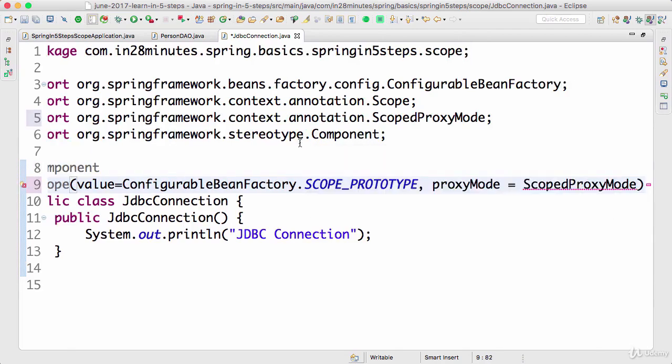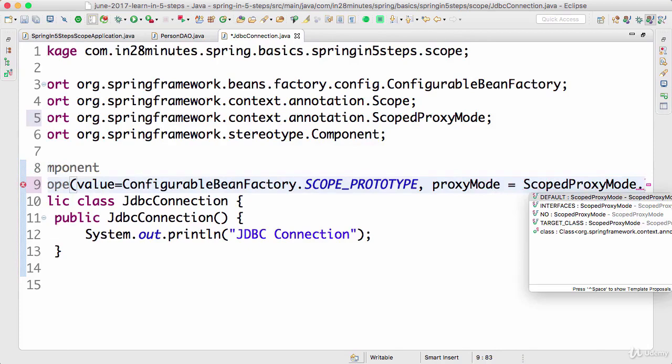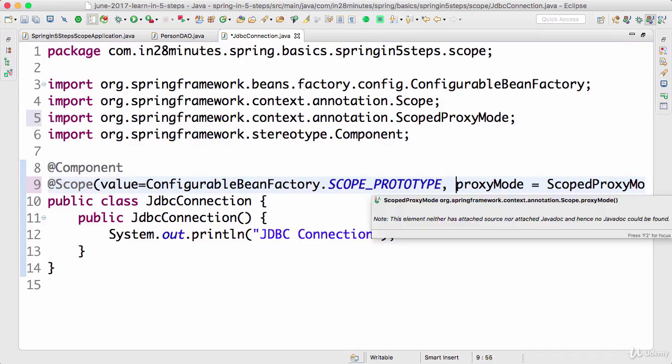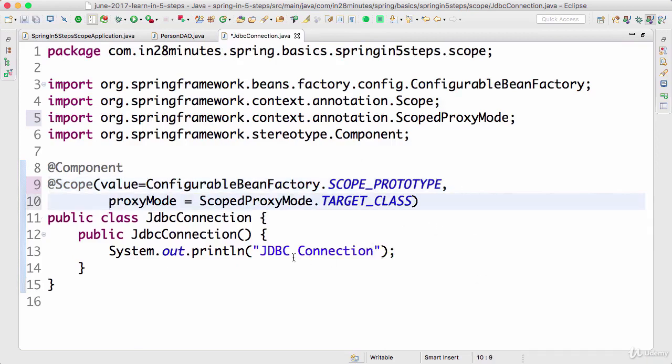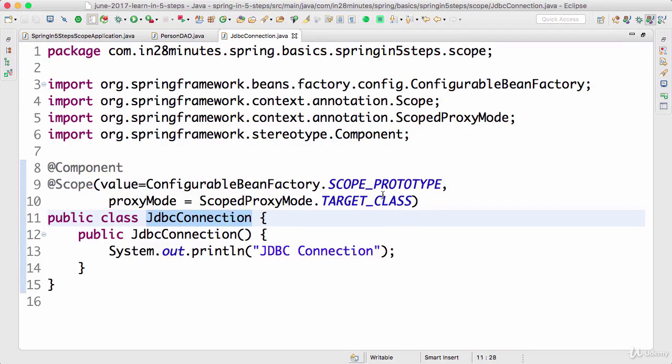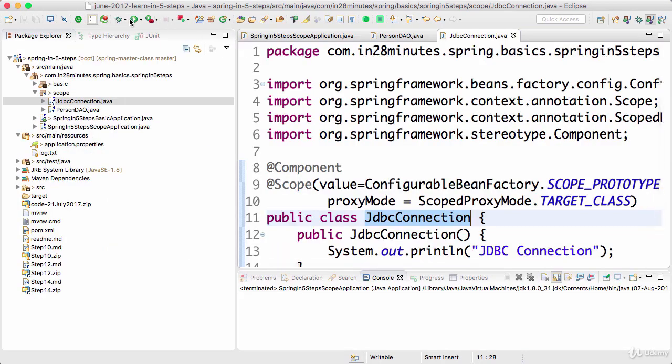So control space, scoped proxy mode dot, the one which I would want to use is something called target class. What it does is, in all the places where this JDBC connection is used, it would start using the proxy, and thereby whenever there's a request, whenever there's a get on this, it would make sure that there's a new JDBC connection being used. So let's now run this.